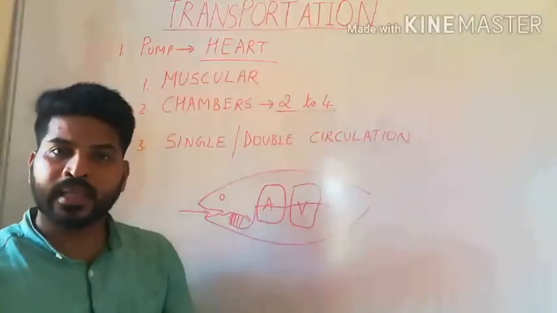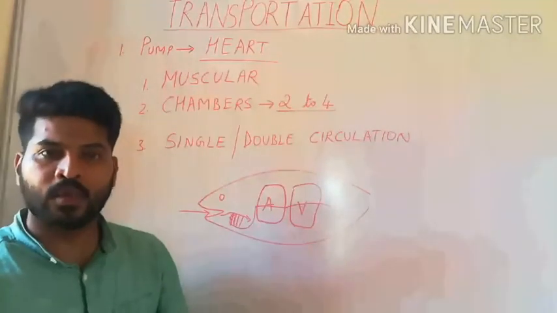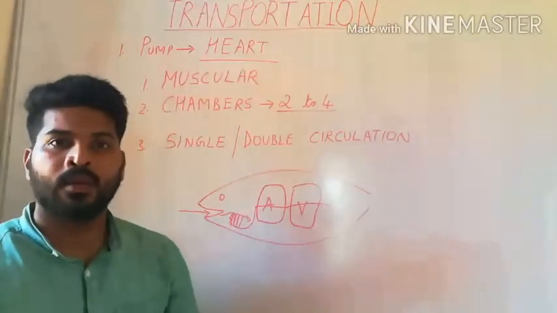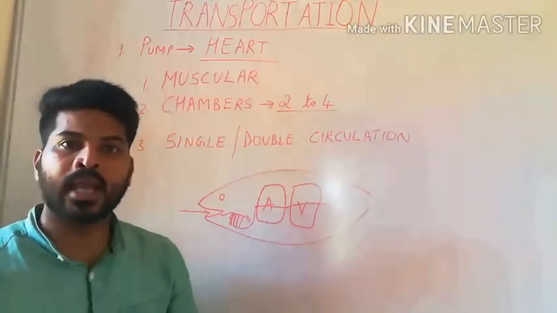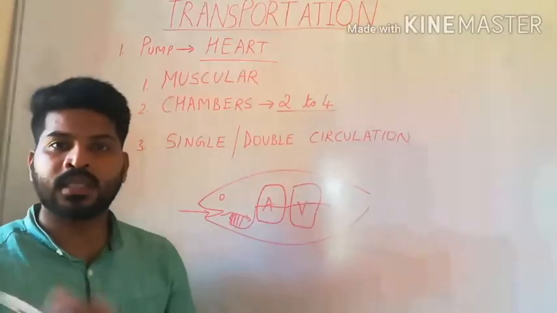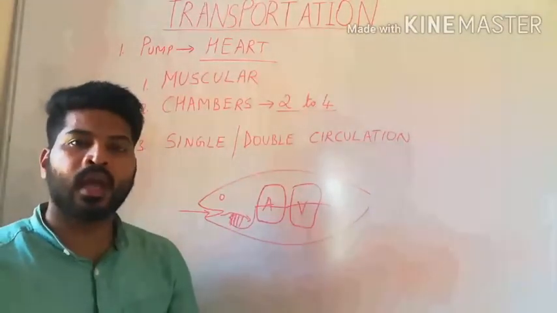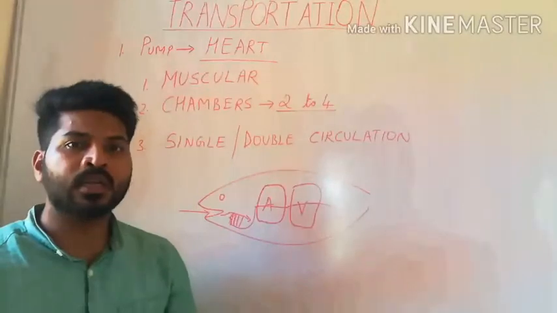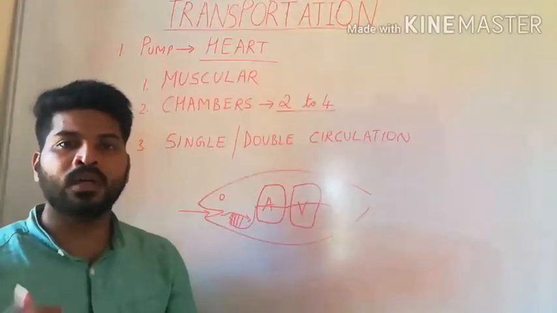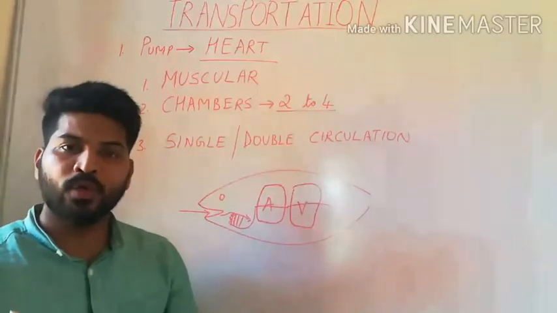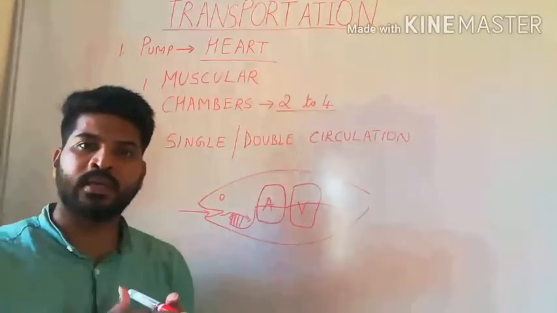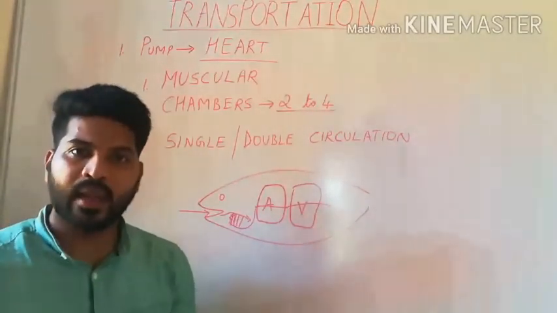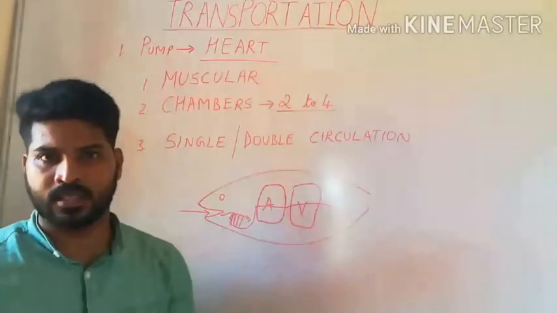In contrast, in human beings, we find double circulation, which is very critical, especially in higher animals. Why? Because higher animals like birds and mammals have higher energy requirements. This is because they are homeothermic. They need to maintain a constant internal temperature irrespective of the outside temperature. In order to keep the internal temperature constant, energy is required. So these animals have higher energy needs. Higher energy requires higher oxygen.